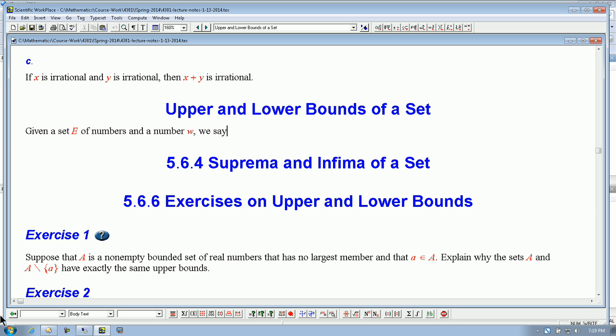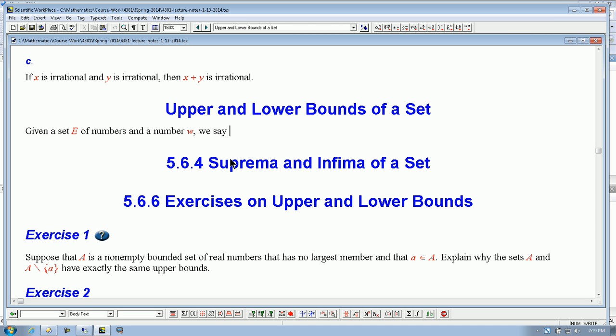Let me tell you something. If you are reading a mathematical sentence and you see this word, say, or write, or define, you know that you are looking at a definition. What is a definition? I spoke about it last time. A definition tells you exactly what we mean by something. You see? A definition tells you what a symbol stands for. It tells you what a word means. Okay? We say,